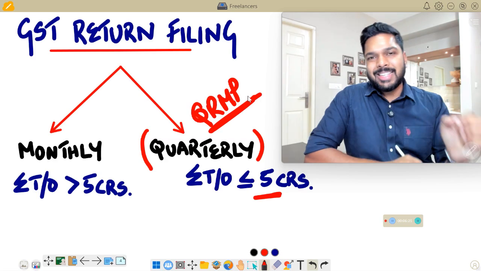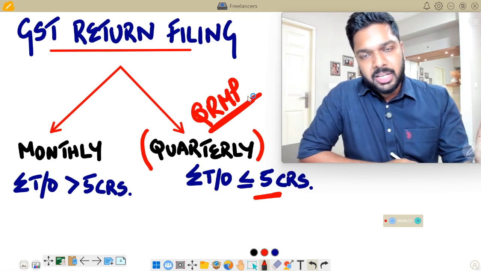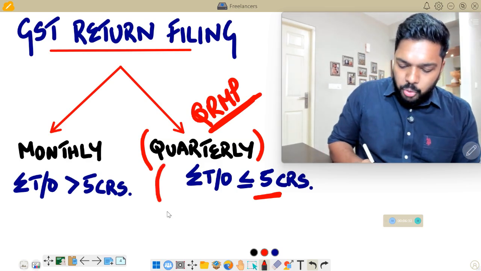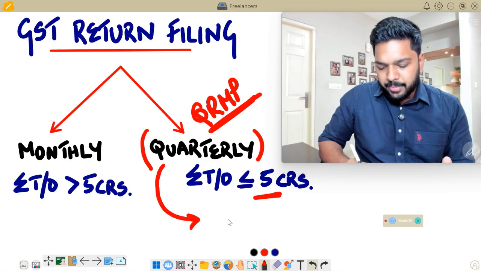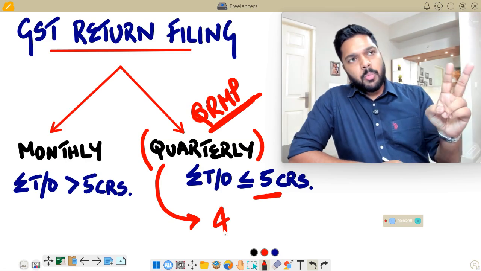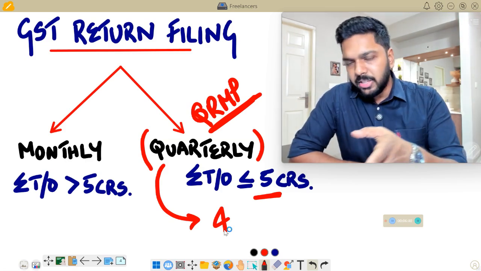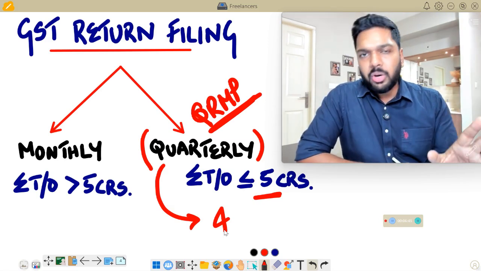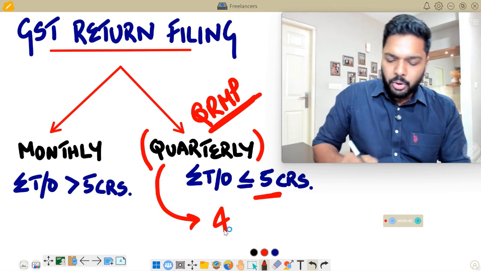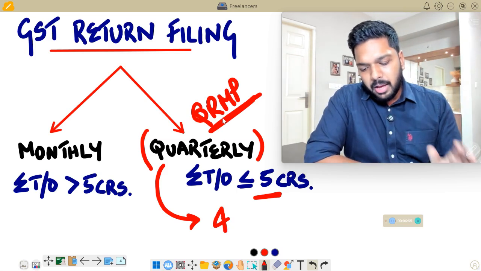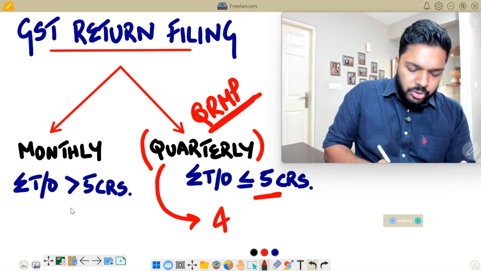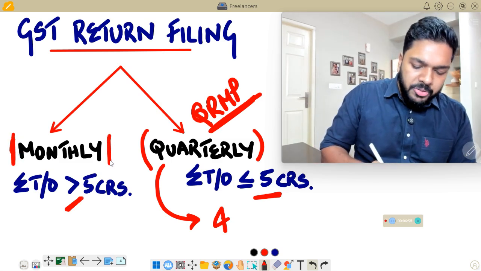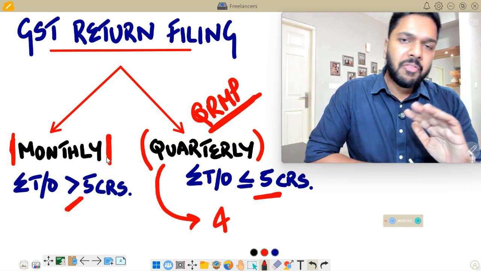So if you have, let's say, sale in a particular month, you have to pay GST for that particular month. But as far as your filing compliance is concerned, you only have to do it at the end of a particular quarter. So 4 times a year because there are 4 quarters, right? So payment comes every month if you have sales every month. But as far as the filing process is concerned, you need to do it only 4 times a year, once every quarter, because it's a quarterly return filing option. But the moment your aggregate turnover crosses 5 crores, then you have no other option but to mandatorily go for a monthly filing option where you pay GST on a monthly basis and file the return.